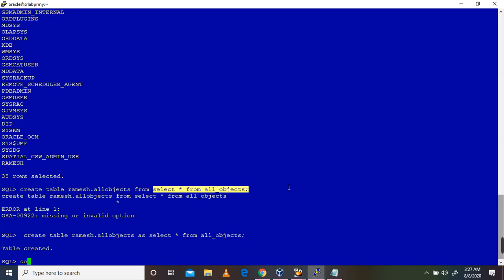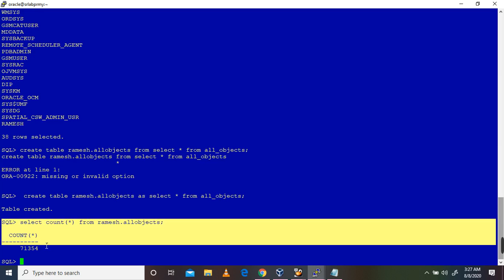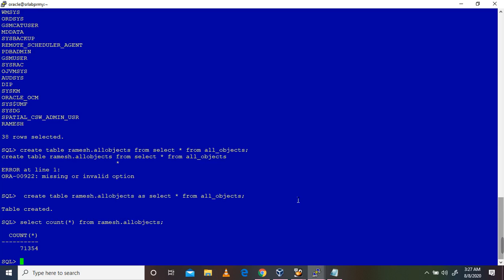Okay, the table got created. Select count of star from it. So here it is. This much count will be there in that database.